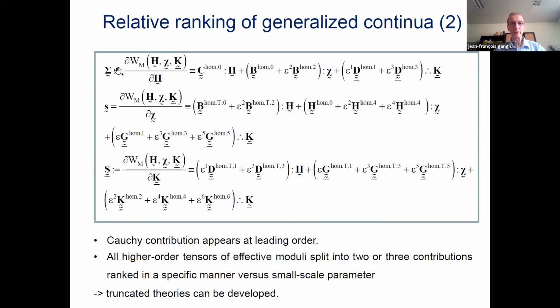So on the left, we have our macro static variables expressed versus the macro kinematic variables, and we have the asymptotic expansion of the homogenized tensors versus epsilon. And so we can see that all higher order tensors of effective moduli split into at least two, if not three, contributions which are ranked in a specific way versus epsilon, which means that truncated theories can be developed. We could, for instance, neglect power 5 or power 3 terms in this expression here of the relative stress tensor